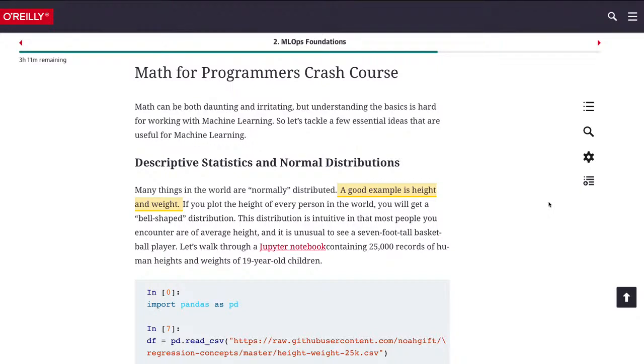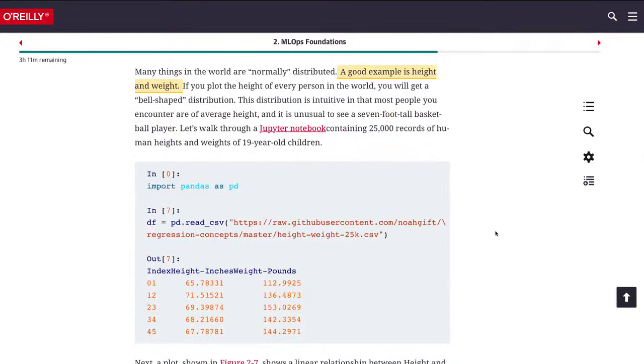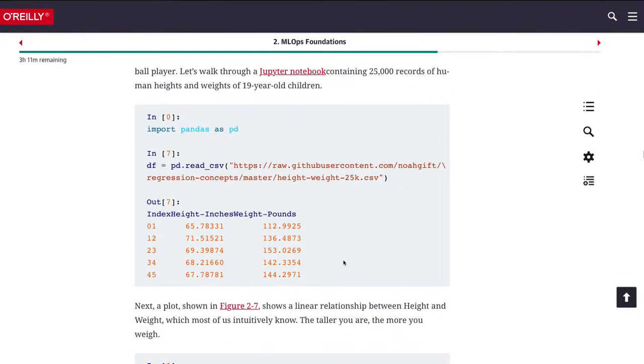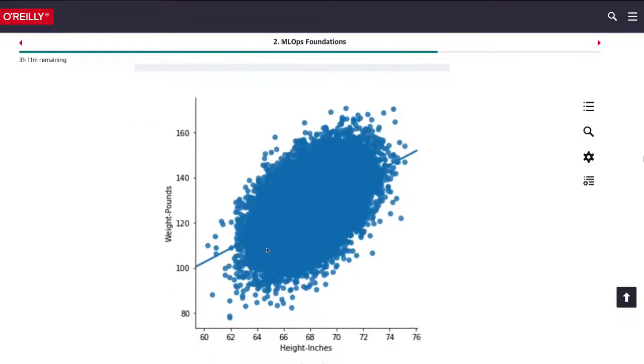So normally people live inside of this bell-shaped distribution, and so here's an example where you could look at the height and weight here in pandas, and you notice here that in general, if we plot things out by using Seaborn, that most people are kind of in this middle area right here. This is where most of the distribution is,